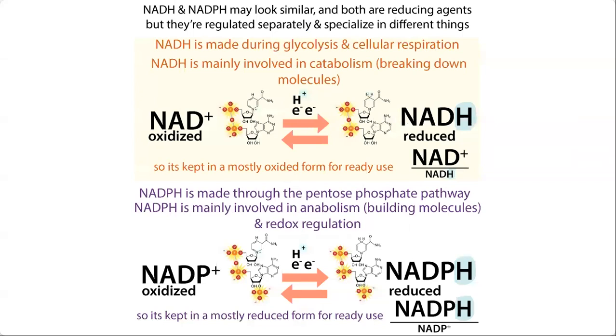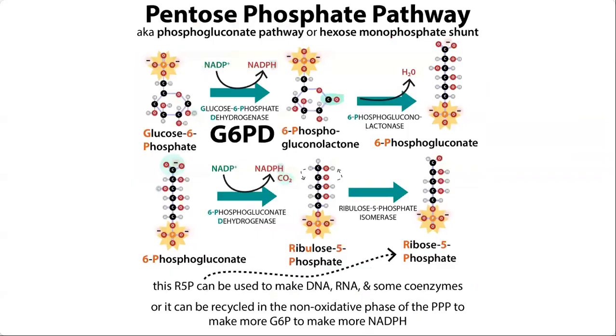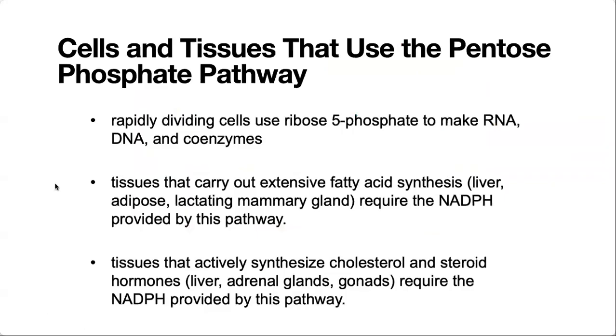So for making things, well, we're going to have to regenerate that. And one of the ways that we can regenerate that is through the pentose phosphate pathway. Another reason why you would want to use the pentose phosphate pathway is if you're making cholesterol and steroid hormones, which are also going to need that